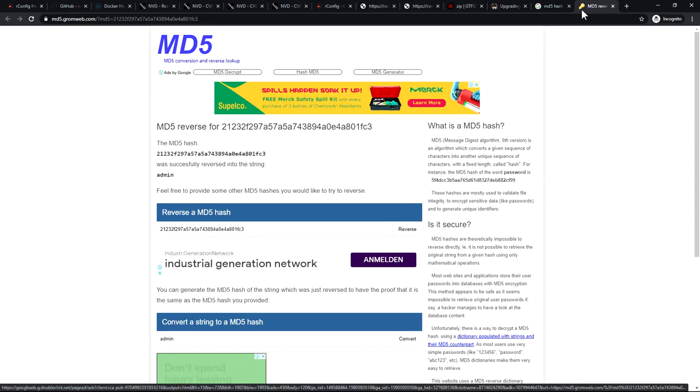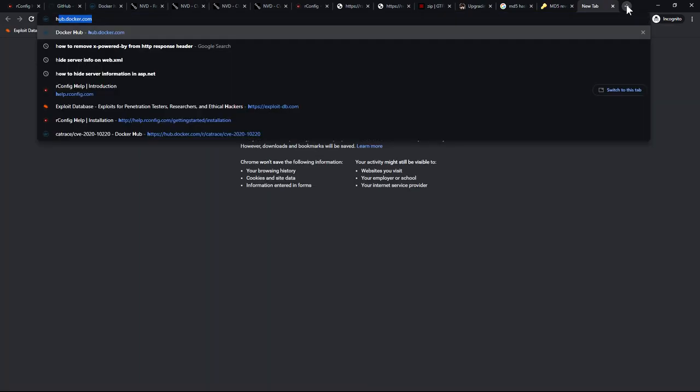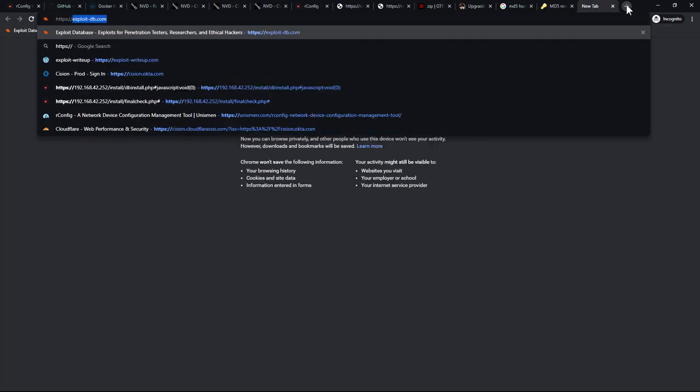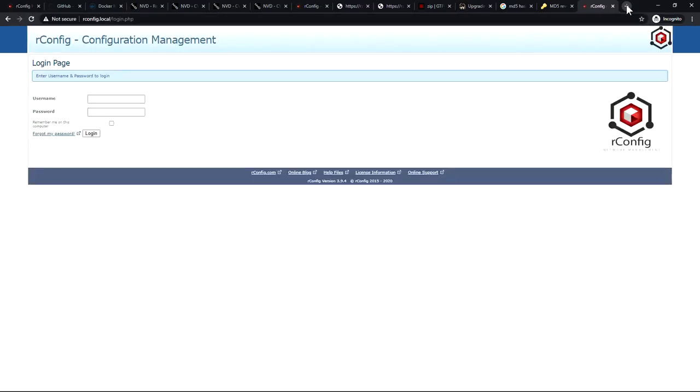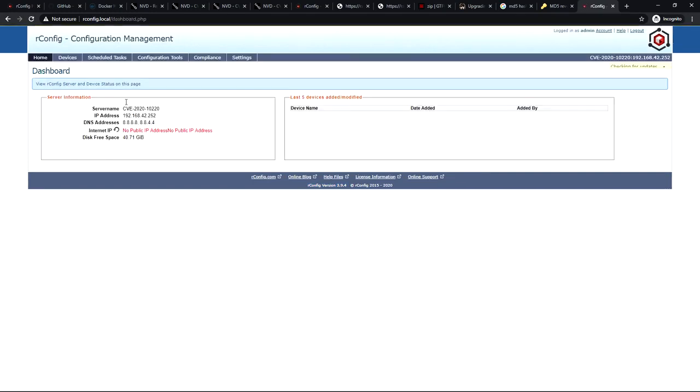To confirm that, we need to log in to the platform. You can see the vulnerable version is of course 3.9.4, and let me confirm the username and credentials that we have found. And absolutely, it worked.